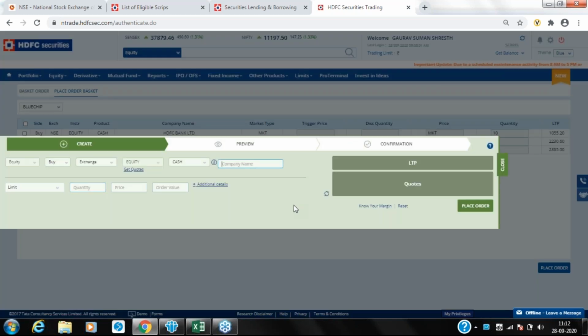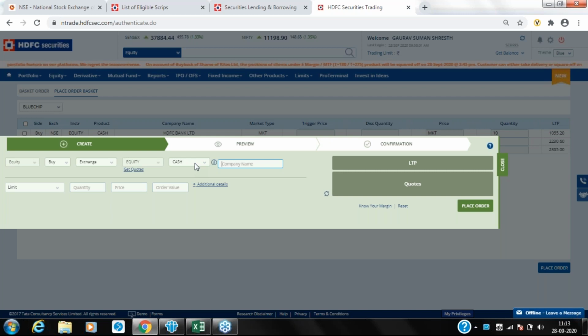Now just like the basket order, the other order is also very useful. Bracket order is completely an intraday order. Those of you who are doing intraday trading and already using our products such as cover order must be aware of the bracket order facility. So I will give you an example of how you can place it and what the features of a bracket order are.